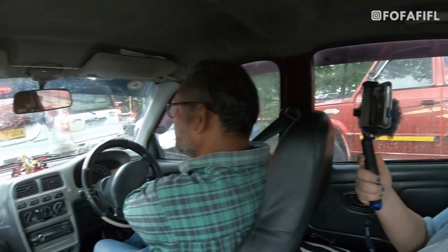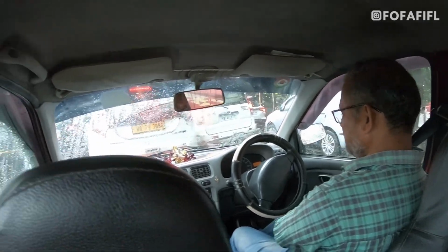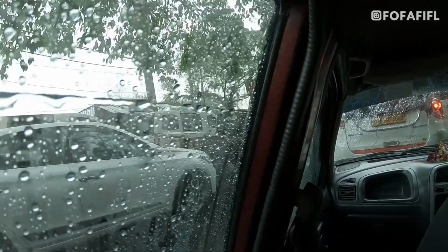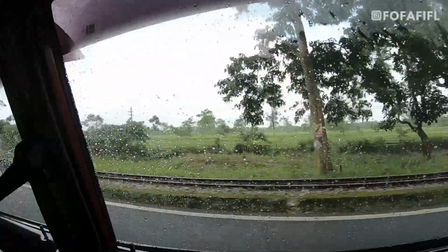Also, rain and traffic jam go hand in hand. So I guess this is a problem in every city that you go to, maybe all over the world. When there is rain, there is traffic jam. So as soon as you exit the city, Siliguri, you will find these tea gardens,